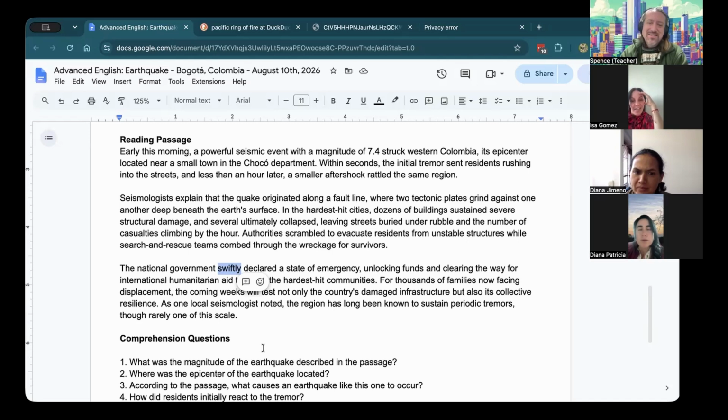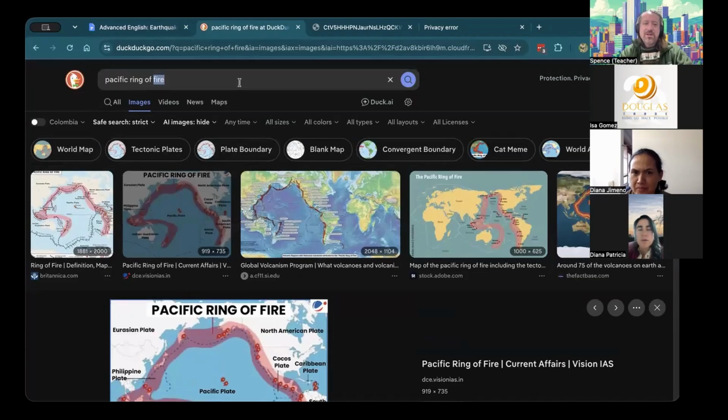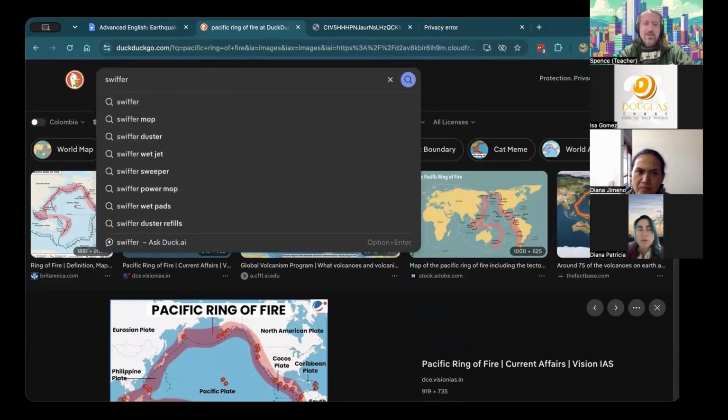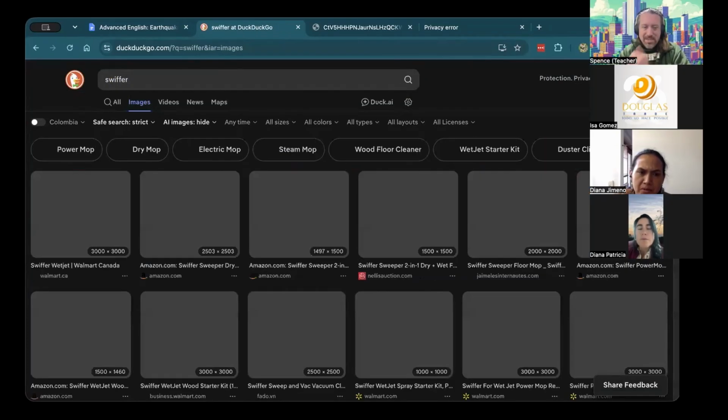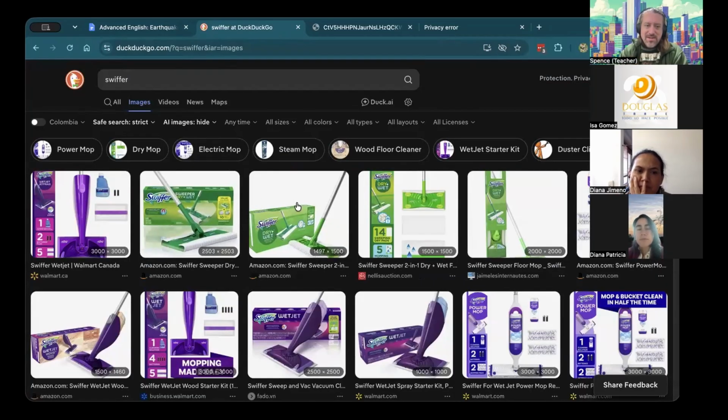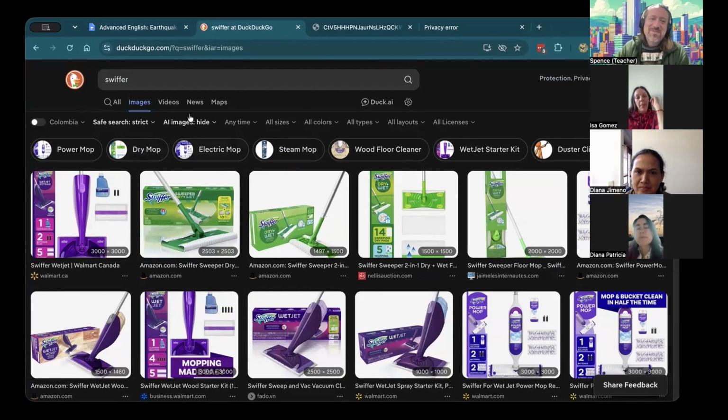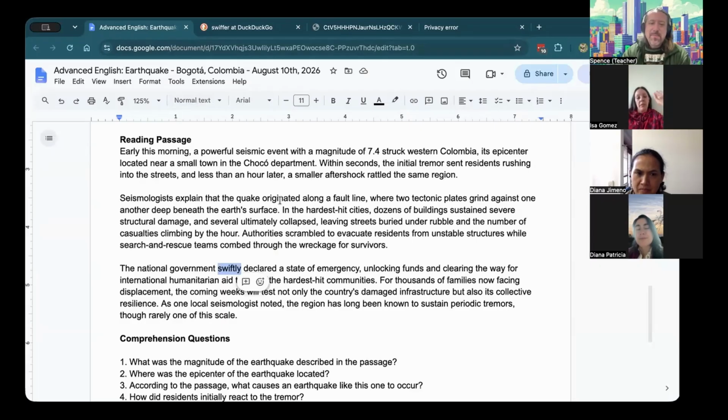No, that's okay. Swiftly is like softly, like something more light. Yeah. So there's a thing called a Swiffer, for mopping up dust and stuff like that. So I think they call it a Swiffer because you can do it swiftly. You can clean everything very quickly. But I don't know for sure. But that's how we get maybe that idea of soft. Okay.